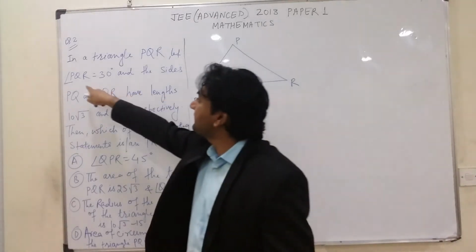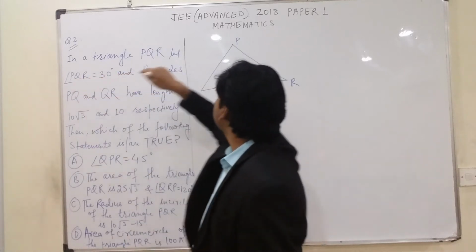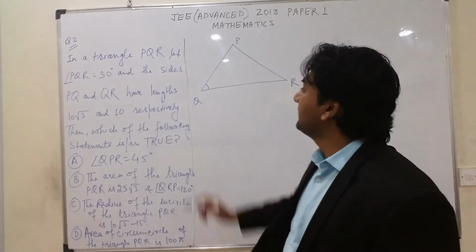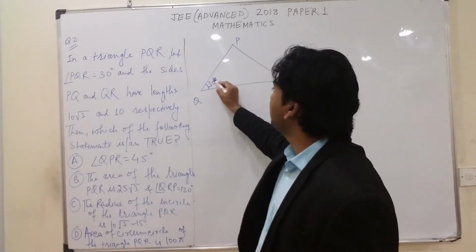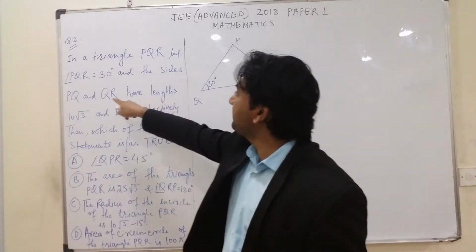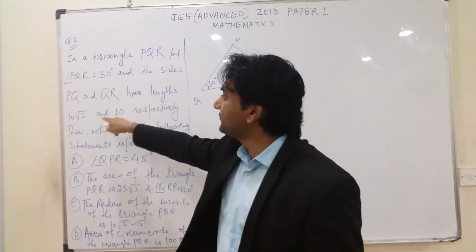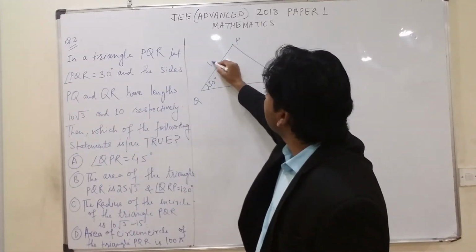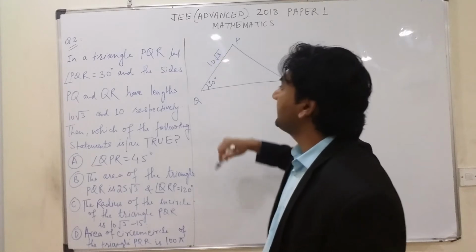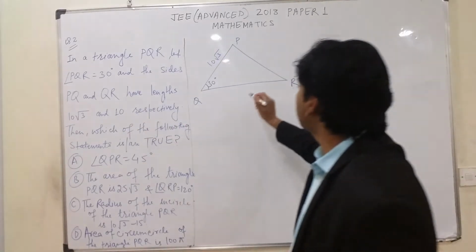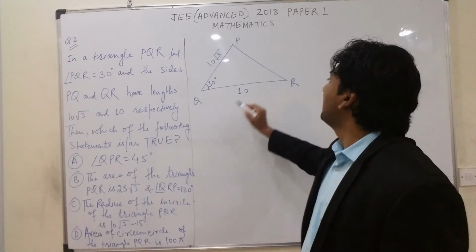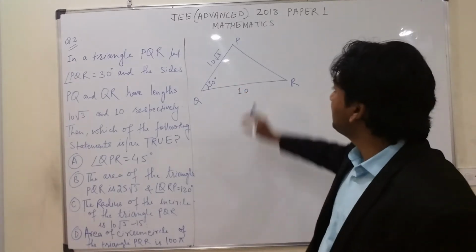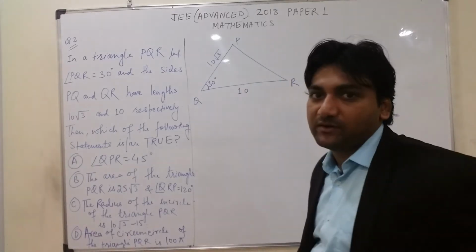And over here, what is given? Angle PQR means at this angle, that is Q, which is 30 degrees. Okay, that's fine. Next, we have PQ and QR with lengths 10 root 3 and 10. It means PQ has length 10 root 3 and QR has length 10. Okay, so now we have this length and this angle. We don't have this length, but if you remember one